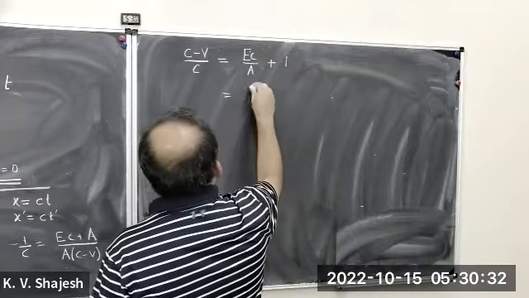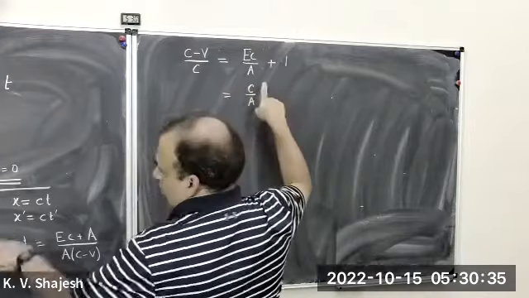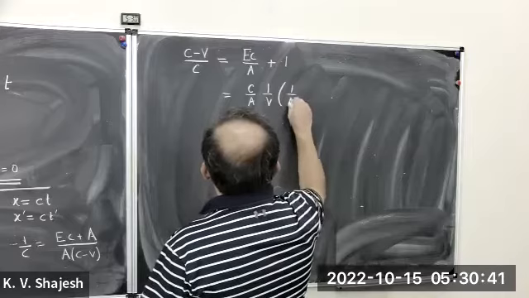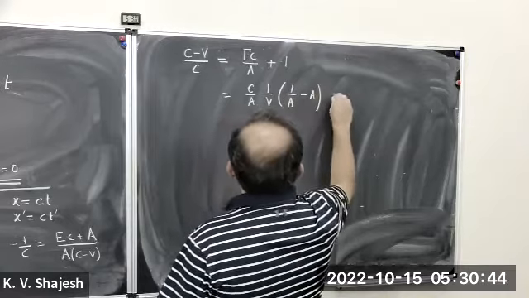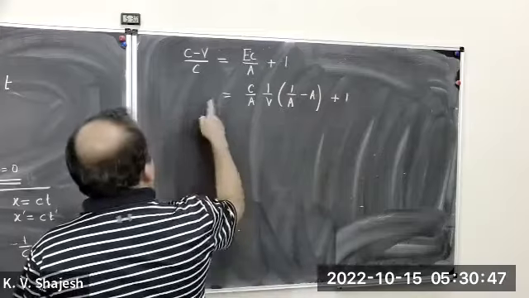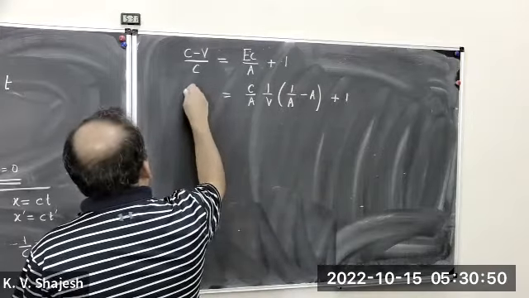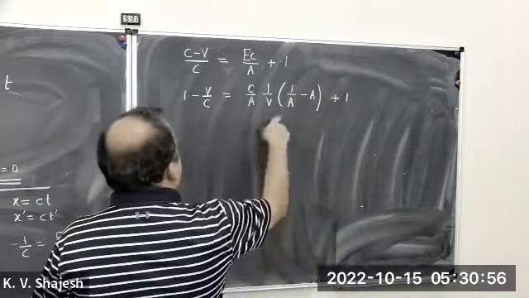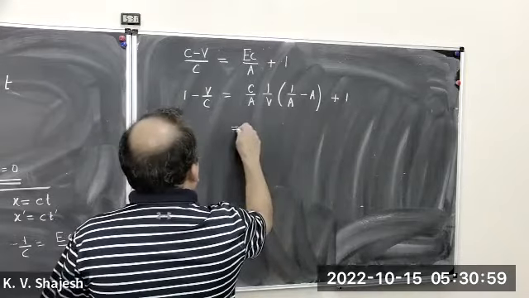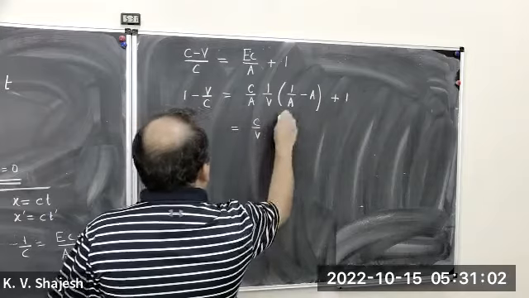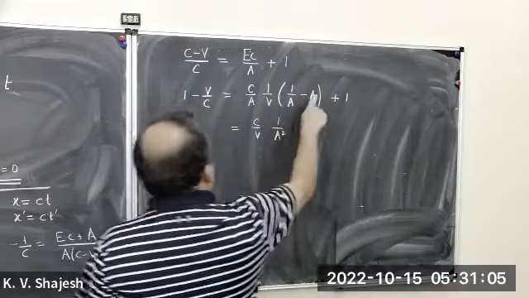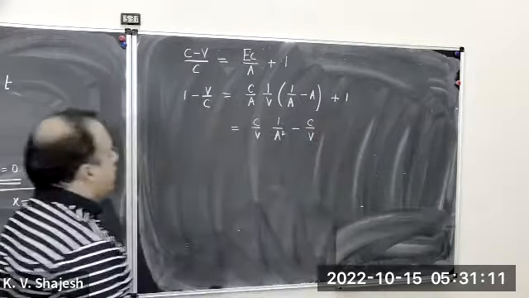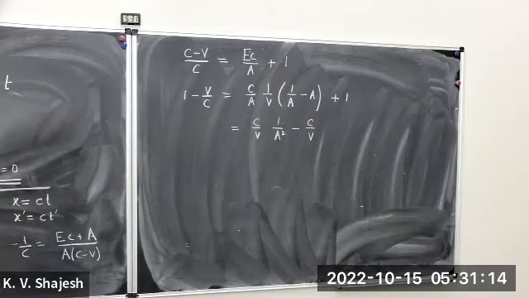E, remember, was 1 over v times 1 over a minus a plus 1, and this is c minus, so that's 1 minus v over c. So this comes out to be equal to, 1 cancels out, I have c over v, that's 1 over a square, and a cancels out, and that is minus c over v. Right? Did I do all this correct? Yeah, I think so.